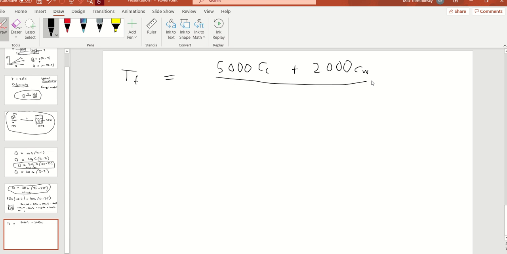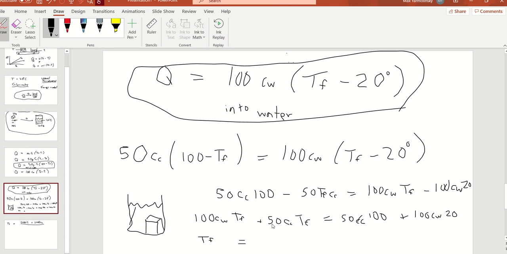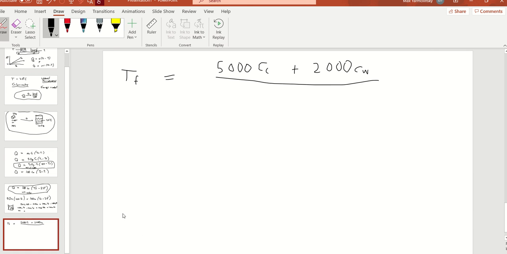Divided by the coefficient, which will be 100 times the specific heat of water plus 50 times the specific heat of copper. So you have to do some work, but eventually you get that. You can use the fact that the specific heat of water is equal to 1, simplify it so that T final and also the specific heat of copper,